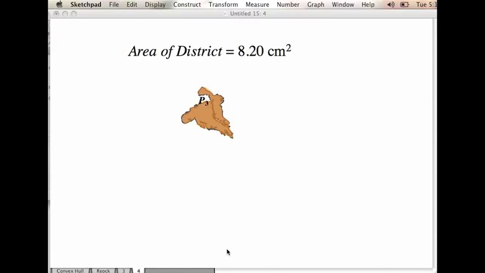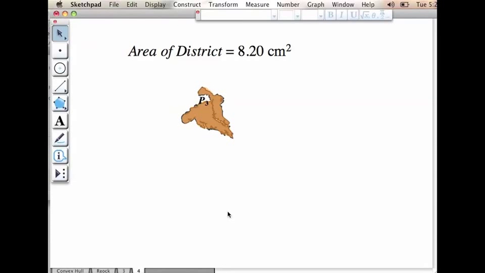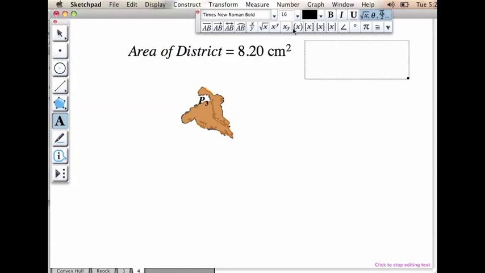Last but not least, I'm going to calculate the modified Schwarzschild compactness ratio. I've again added a blank page to my sketch and copy and pasted the relevant information in from the prior pages. The modified Schwarzschild method wants us to construct a circle whose area is the same as the area of the district. So we need pi r squared to equal 8.2. So we need r to be the square root of 8.2